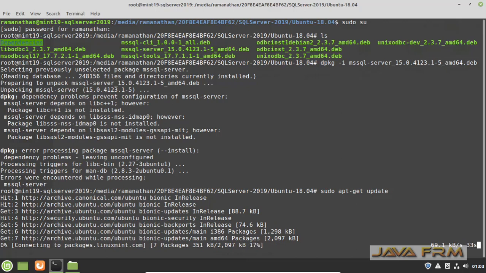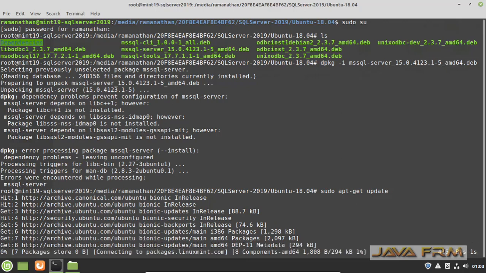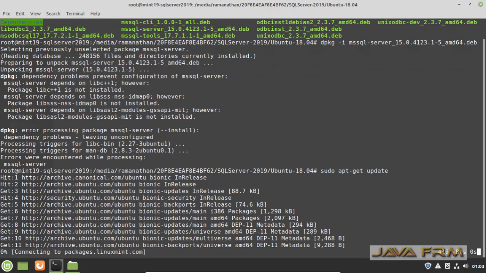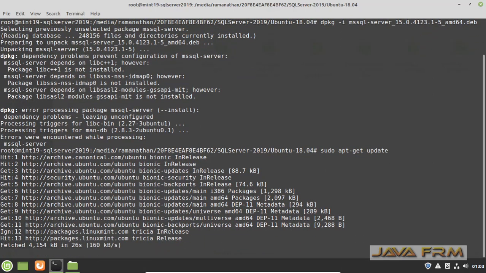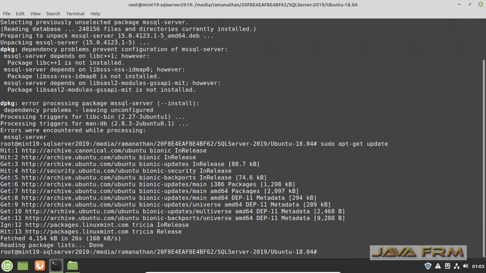This many repositories we are going to use in Linux Mint 19. It uses the Ubuntu 18.04 repository. Yes, so I have updated the repository.